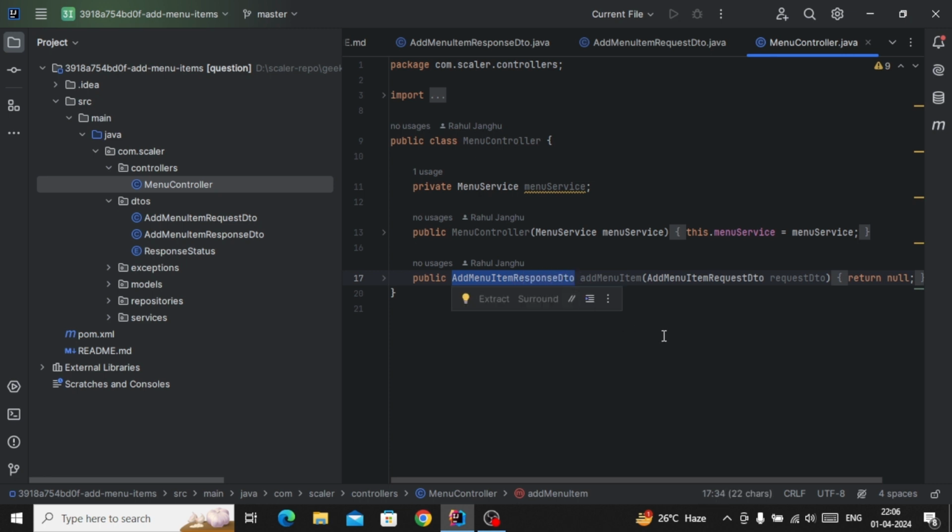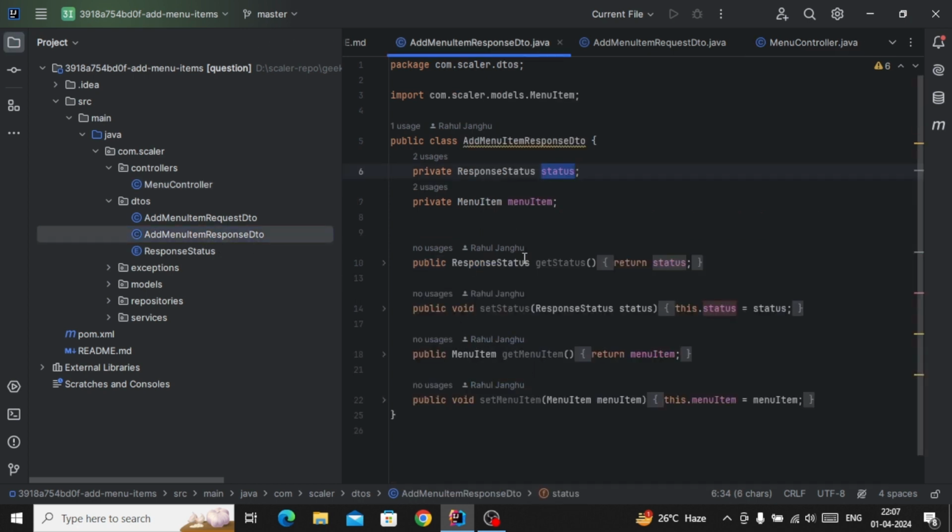It means we have to assign the values of this response and return it. We are accepting the add menu item request DTO, which is already given to us, so we don't have to worry about it.